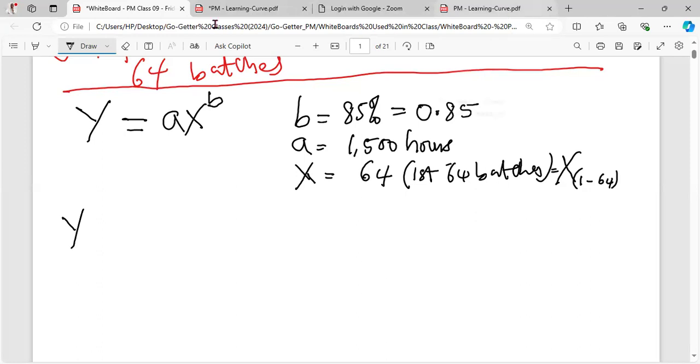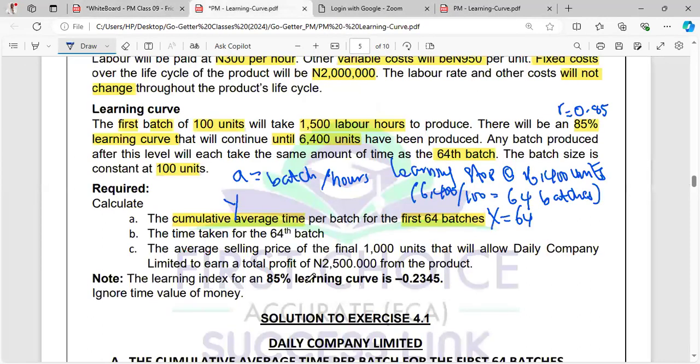Now, they said the learning rate for an index of 85 is 0.02 minus 0.2345. So if you just look at this formula here,